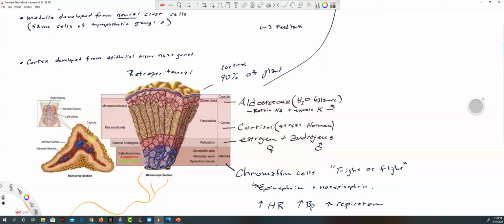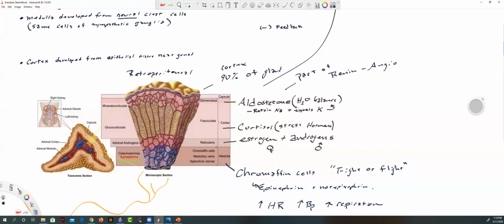The first layer is for aldosterone production. Aldosterone, remember, was a part of the renin angiotensinogen pathway. That aldosterone was part of that, and it helps us with H2O balance, how much water is in the blood